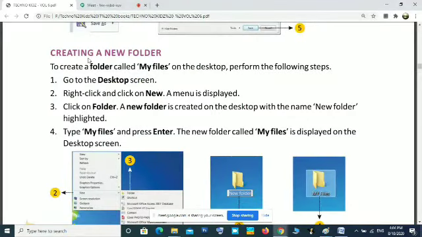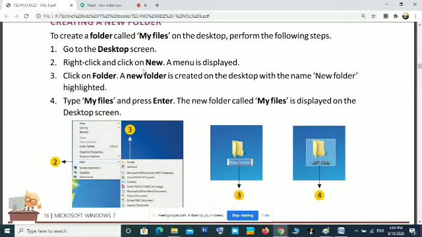Creating a new folder. To create a folder called My Files on the desktop, perform the following steps. Go to the desktop screen, right click and click on New. A menu is displayed. Click on Folder. A new folder is created on the desktop with the name New Folder highlighted. Type My Files. Any name you can give; here in this example it is My Files.